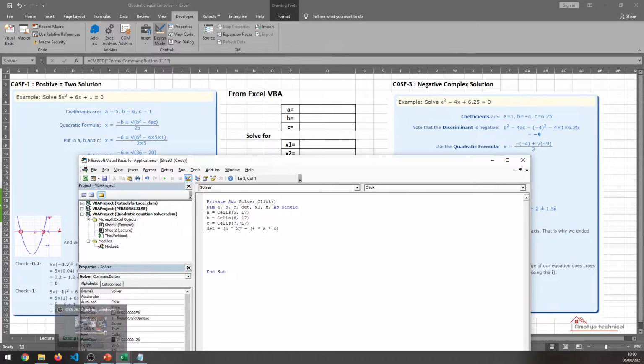So if this value is positive, as I talked before, we get two solutions, and if it is negative, then we don't get any solution. So I'm going to write: if the value of the determinant is negative, then what should we do? We say